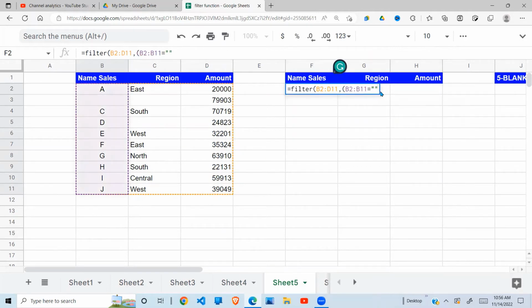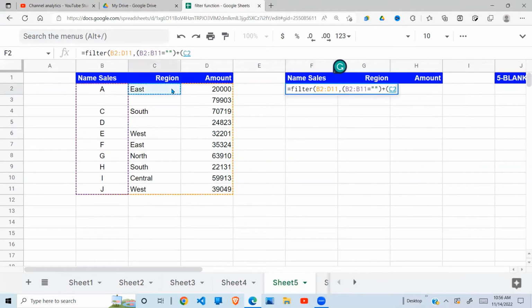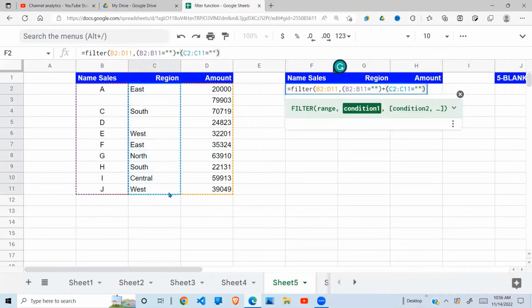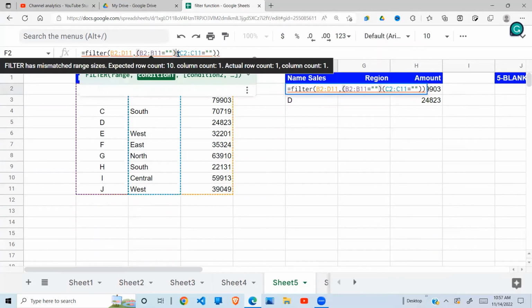Now we can use the OR or the AND right away. So let me first use the OR. So I use my addition. Or the region is blank, the space, and I close my filter function. So if I use the OR, as long as there's a blank in any column, it will be selected. So this column is selected, this row is selected. Then it comes and finds a blank here. It also selects this. But if I use the AND, I use this as multiplication,